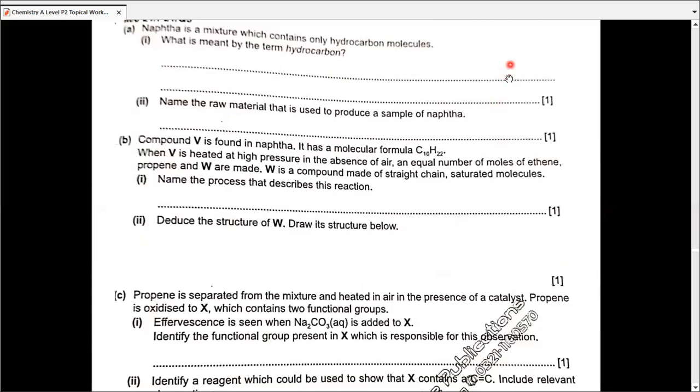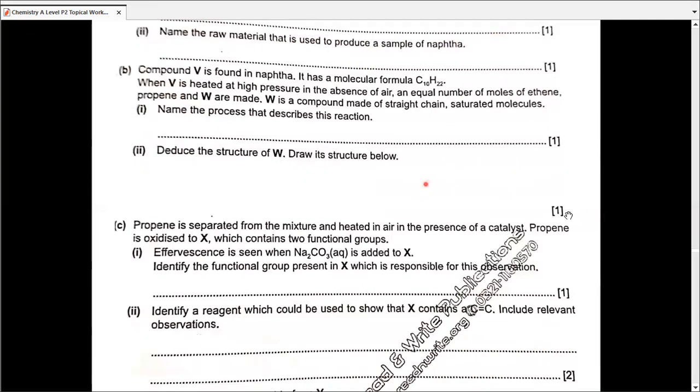then your answer should either be just cracking, or since heat is mentioned, you can write thermal cracking. So either write just cracking. Don't go for catalytic cracking when there is no catalyst mentioned. Since there is heat and you're sure there is heat, then you can write thermal cracking. Either write thermal cracking or just cracking. Do not write catalytic cracking if the catalyst is not mentioned, like in the case it has been mentioned over here. So the point I'm trying to make is that try to go with the